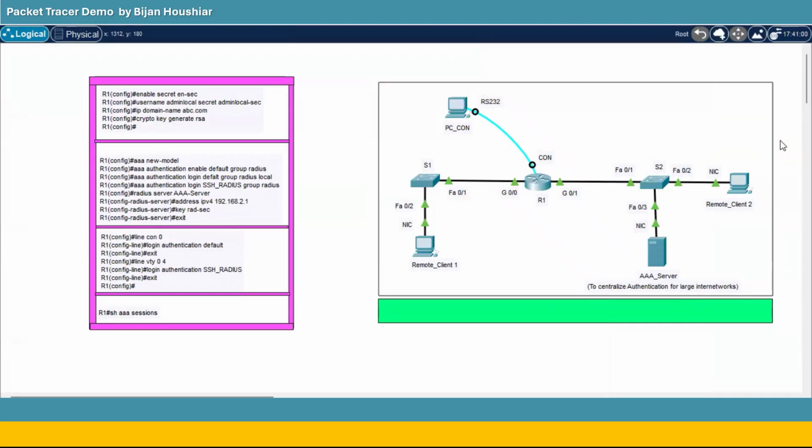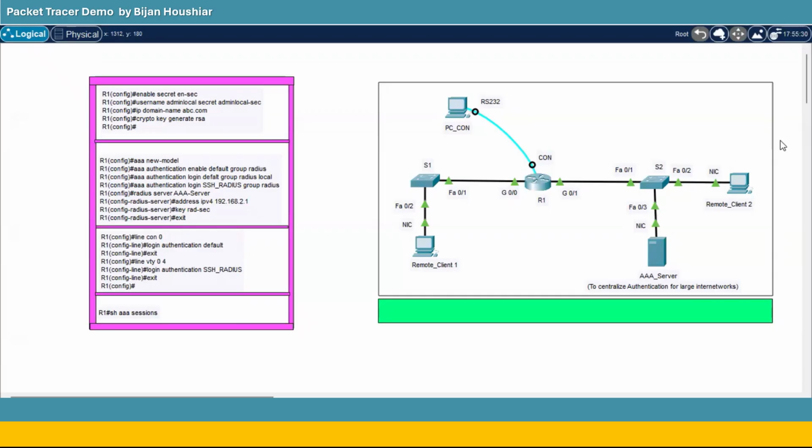This internet network is configured with correct IPv4 addressing and there is end-to-end connectivity. The router is only configured with IPv4 addresses on both G0/0 and G0/1 and a hostname. No other configuration is done on the router. The objective is to use AAA service to create a radius server for centralized